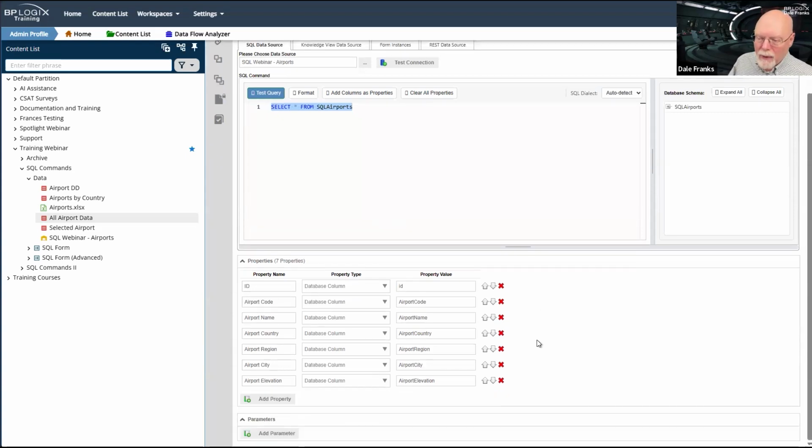Now, obviously, if I'm going to return all of the data, I will probably want to create properties in my business value for each of those database columns, which I have indeed done down here at the bottom. So there are 7 different properties for the 7 different columns in my data table. And this is pulling all of the airport data and filling out the data list control on the form with all of the contents of that data.